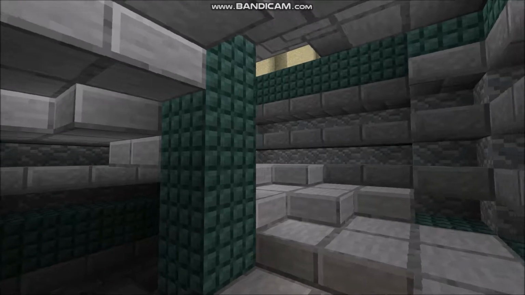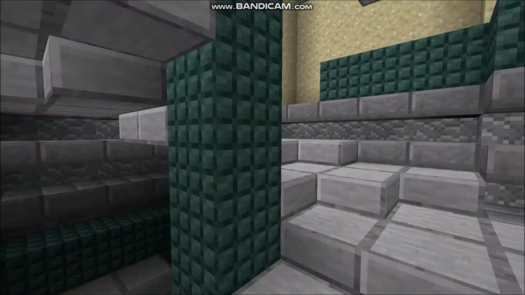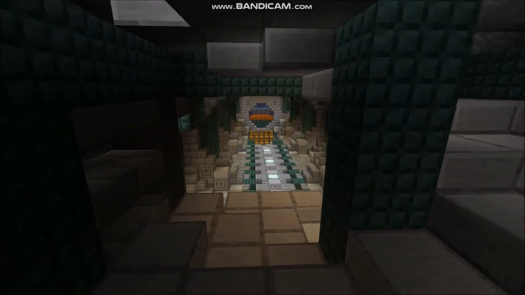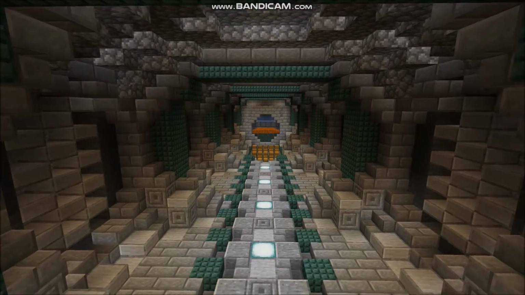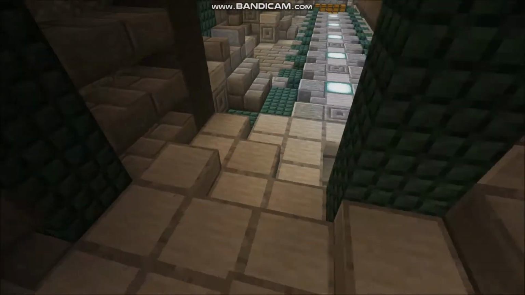Okay, we've got this beautiful spiral staircase here. I'm really proud of this design. Kind of, it's pretty smooth. It's pretty much perfect. But oh yeah, look at that. If you go down here, you start getting an idea as to how I want this thing to look. If we go down here,